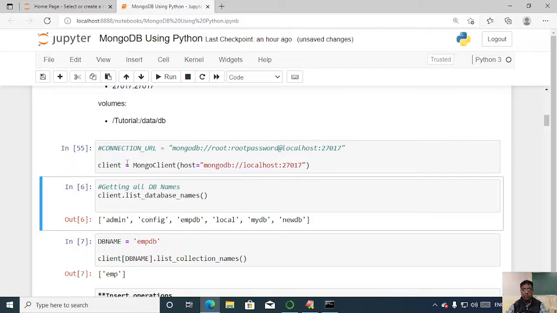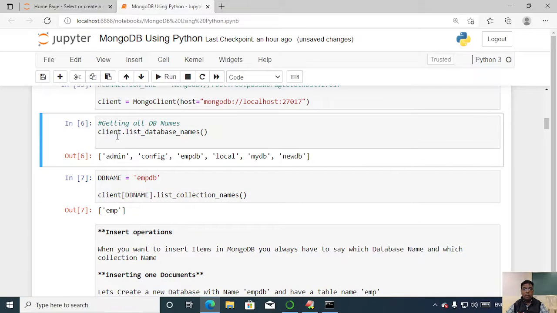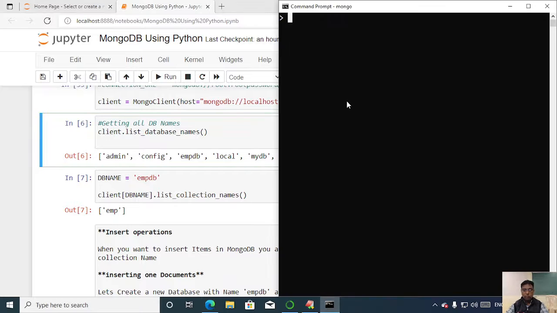Then I would like to execute the very first thing. What was the command to check all the databases? Say, show dbs. All these databases are available as of now in the MongoDB environment. Now how do I execute this through Python?